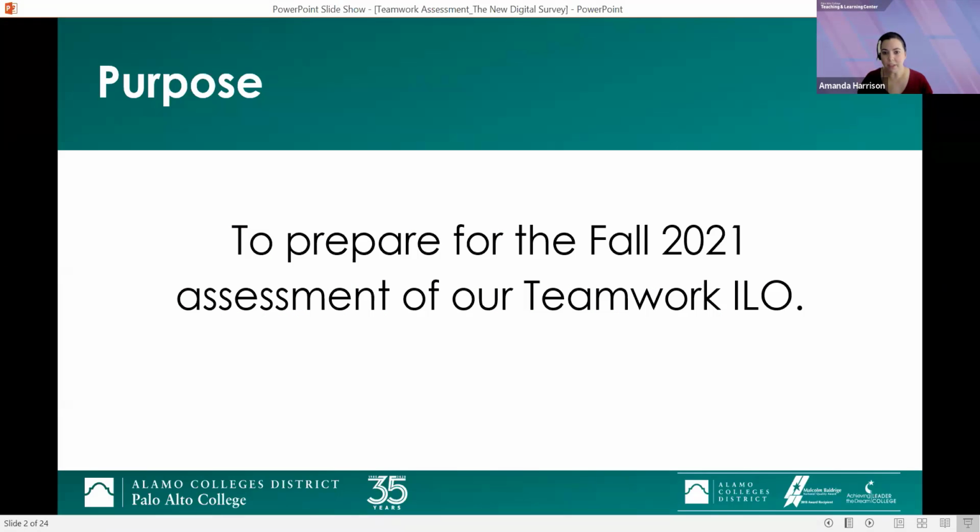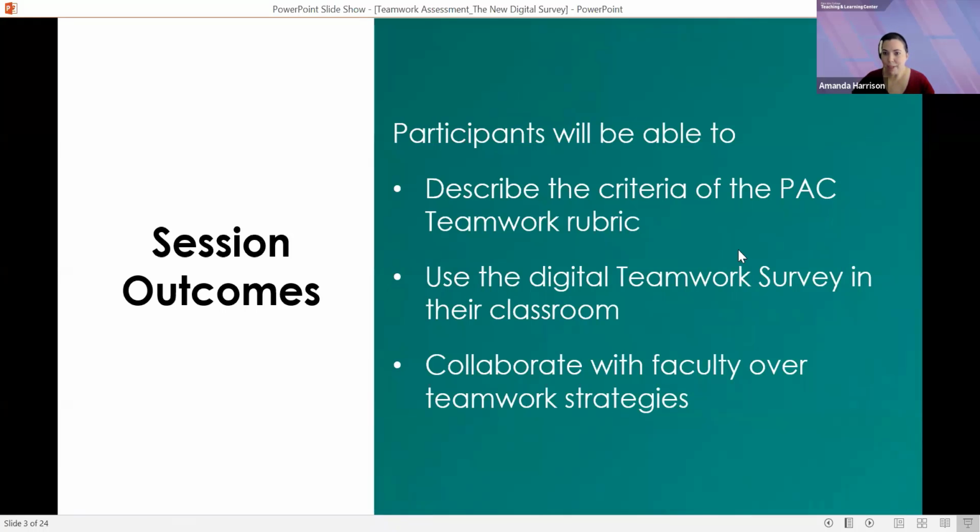All right, so our purpose today is just to make sure we all feel prepared for our fall assessment of our teamwork ILO. My outcomes that I have planned for us is that you'll feel comfortable with the PAC teamwork rubric. So we're just going to go through the criteria of the rubric in case you haven't seen it in a while, or if you're new and you're unfamiliar. You'll be able to use the digital teamwork survey in your classroom, and then we'll have some time just for questions and answers. And if we have some extra time for discussion too, we might be able to collaborate with